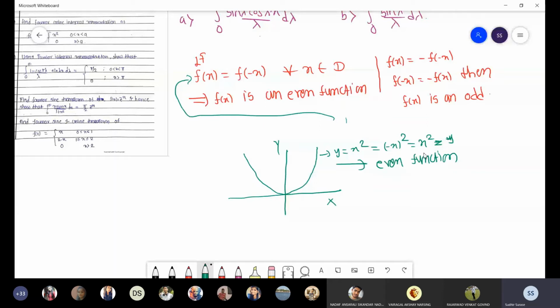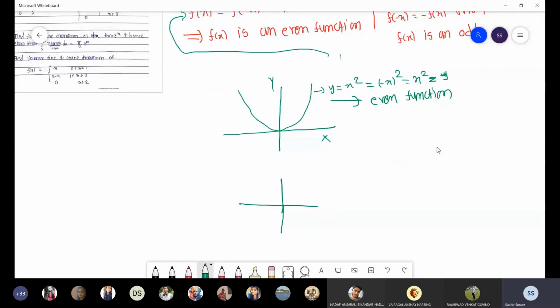Now next, if I have an odd function, its graph has to be symmetric in the opposite quadrant. If I take another example, say x cube, that will look like this. It will go like this way, and this one goes down. So it is symmetric in the opposite quadrant. Or you can say, if I take symmetry about the y-axis, it will be here, and then again symmetry with respect to the x-axis, it will go to this side. It will look like this. So if it is symmetric in the opposite quadrant, then it is an odd function.